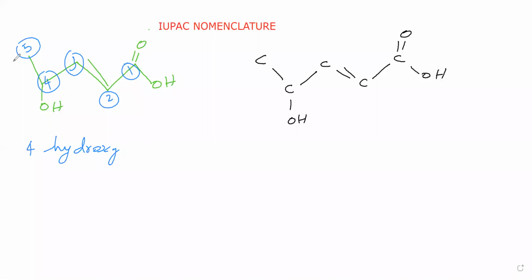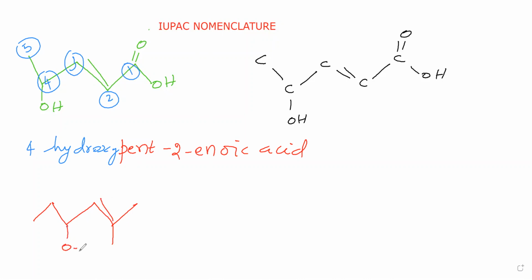Then here 5 carbon atoms are present. 5 carbon atoms means pent. And the CC double bond is present at the second position. Therefore 2-en, the last letter E we have dropped. And the carboxylic acid secondary suffix is oic acid. For carboxylic acid, the secondary suffix we said is oic acid. Okay. And next bond notation we will take. Next bond notation we are taking like this. Here OMe. Next bond notation like this we have taken.